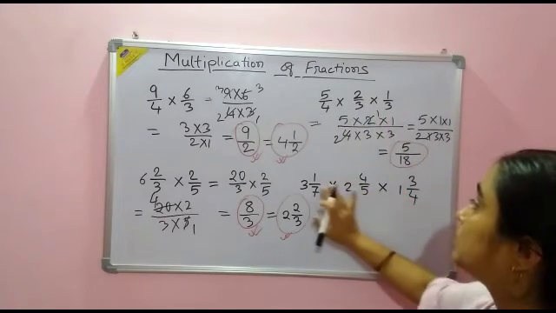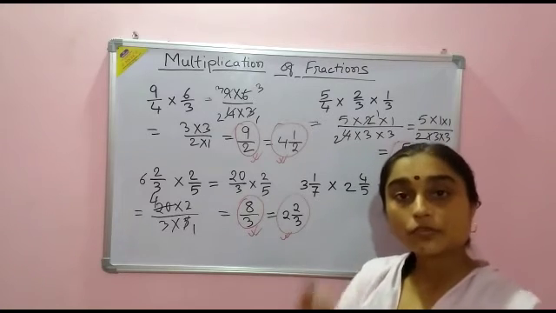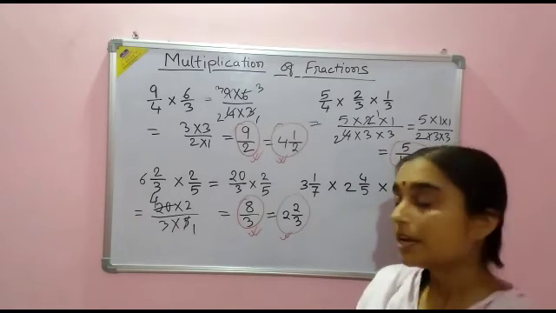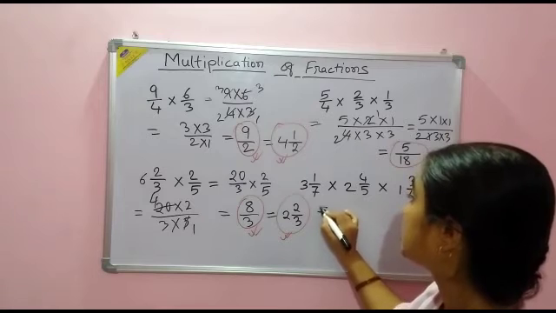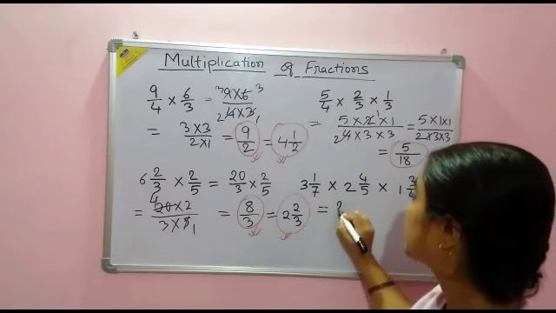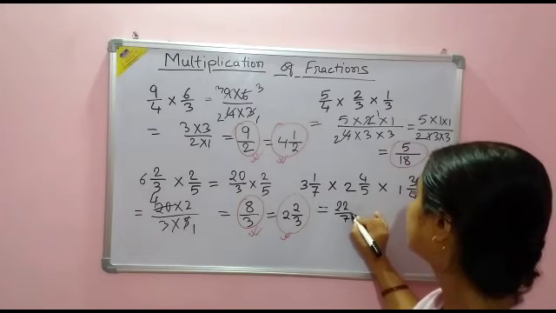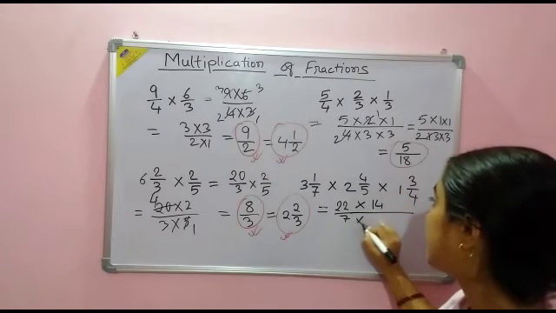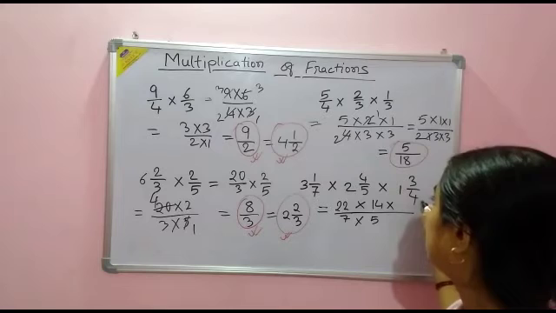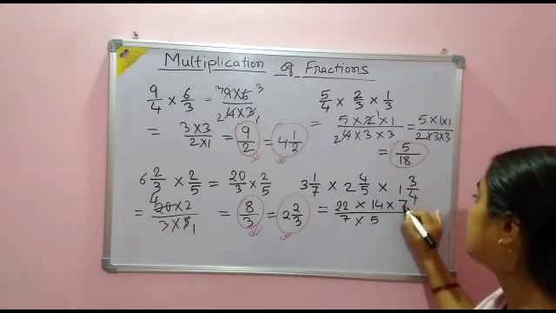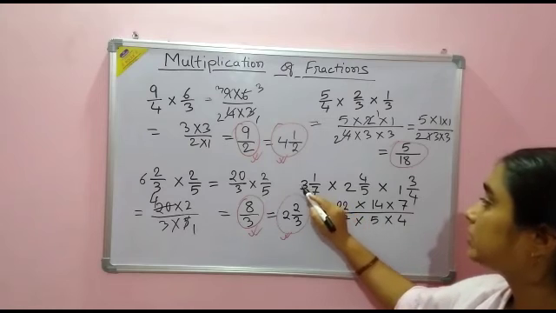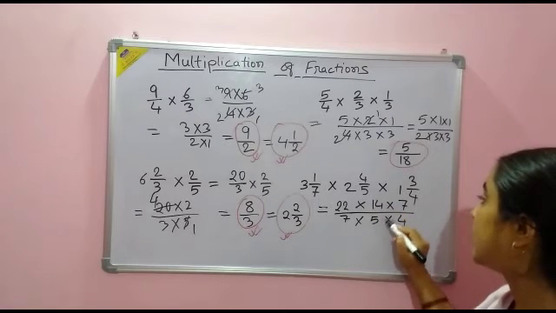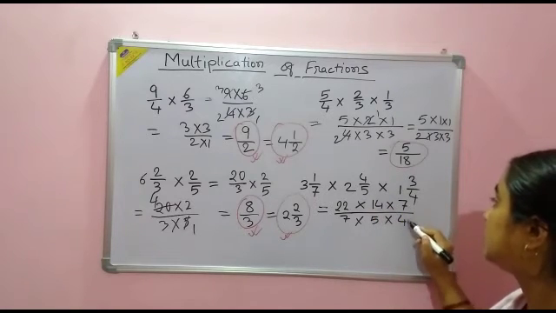Okay. Now see in this part, we have the same question but the numbers are converted into mixed fractions. Never be afraid on seeing a mixed fraction; simply convert it into an improper fraction, then do the simple cancellation. How much is it? 7 3s are 21 plus 1, 22 by 7. Let us write it together. 5 2s are 10 plus 4, 14 by 5 and 4 1s are 4 plus 3, 7 by 4. Again check. 7 3s are 21 plus 1, 22 by 7. 5 2s are 10 plus 4, 14 by 5. 4 1s are 4 plus 3, 7 by 4.